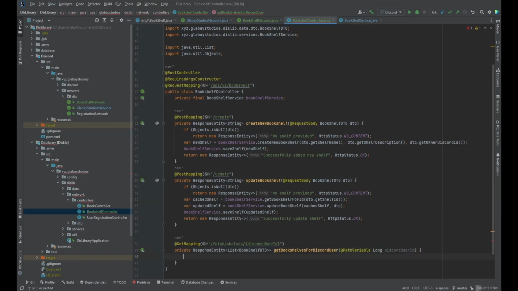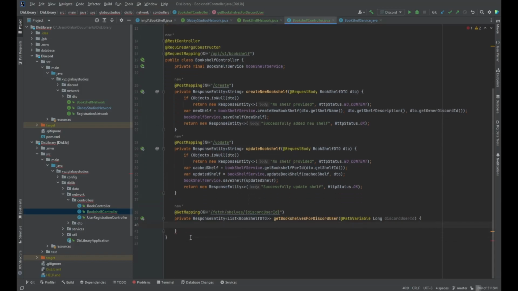So next we're going to run down and make a call to our bookshelf service to get the bookshelves for the specific user. So we'll make another variable and we'll call this shelf equal to the bookshelf service dot get bookshelves for user ID, and we're going to pass in the Discord user ID. Now, next we want to see if that is a null. We're going to return